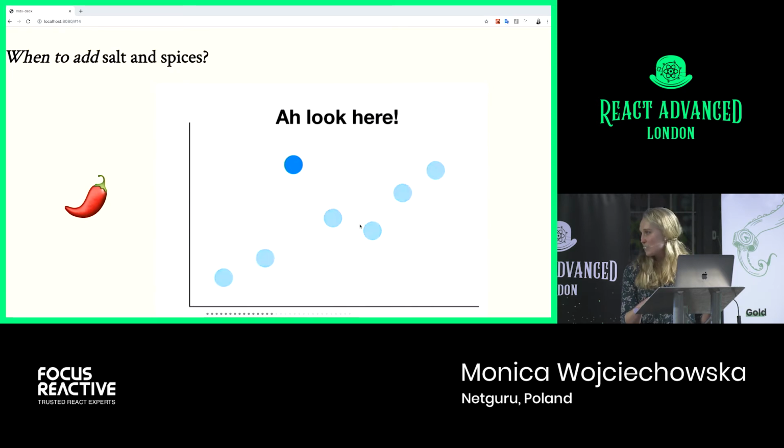And the last example I have here is an example of a spices animation, so redirecting focus. And this is what I like to call direct redirection. So it's using animation as a form of narration or storytelling or explaining to the user where you want their eye to go. So for example here, we could be directing focus to this one dot that seems to be an outlier in the linear pattern that we see.